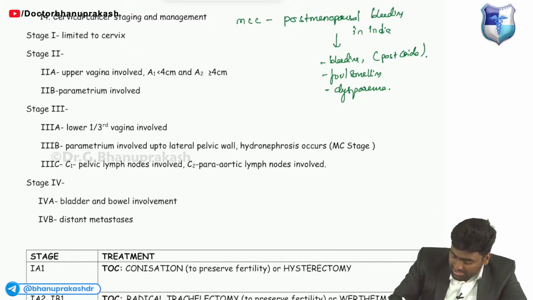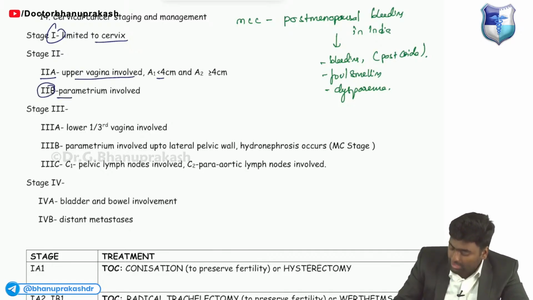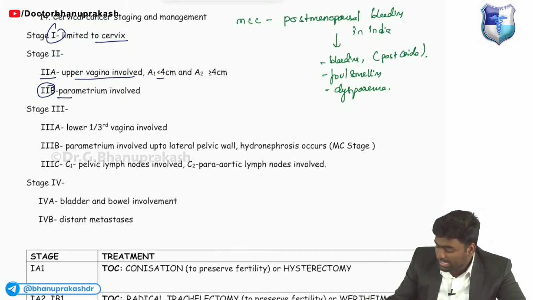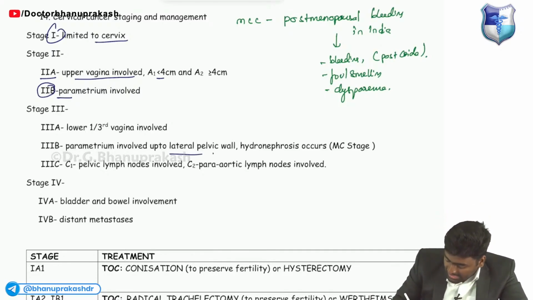In a case of CA cervix, stage 1 is limited to the cervix. 2A is the upper vagina, but less than 4 centimeter. 2B is the parametrial involvement, but it has not yet involved the pelvic wall. Okay, in stage 3A, it is the lower 1/3 of the vagina which is being involved, and 3B, remember